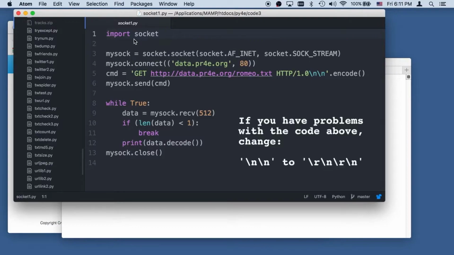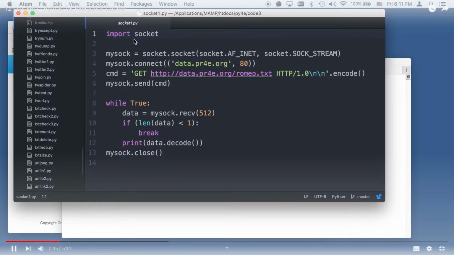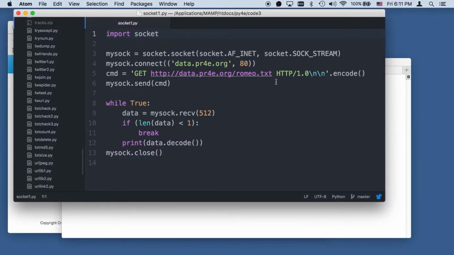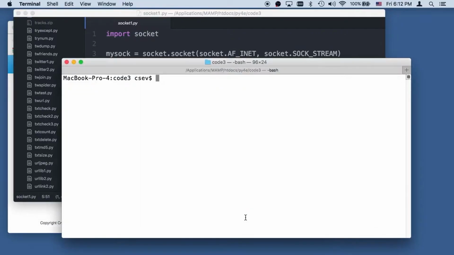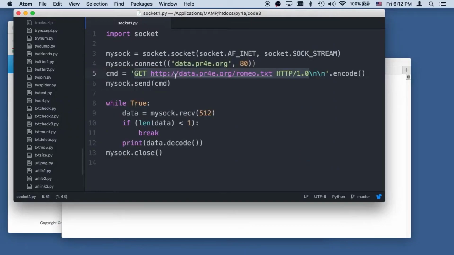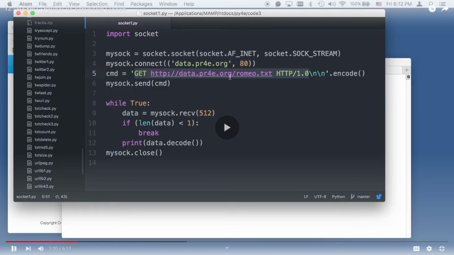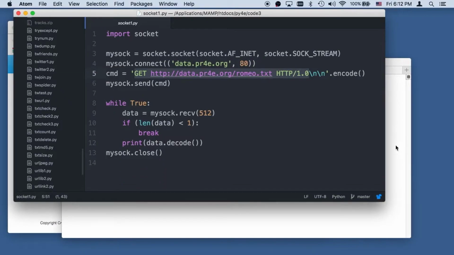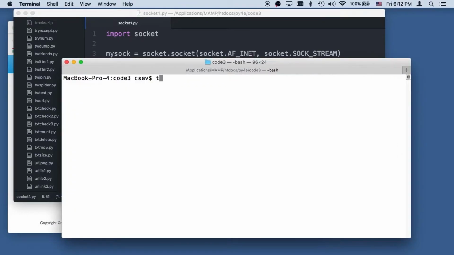And basically what we're doing here is we're simulating what is going to happen in a web browser. And the cool thing about the HTTP protocol is that we can do this by hand, and I'm actually going to hack this HTTP protocol. This is going to go to data.pr4e.org and retrieve a document. Right? And so I'm going to do telnet